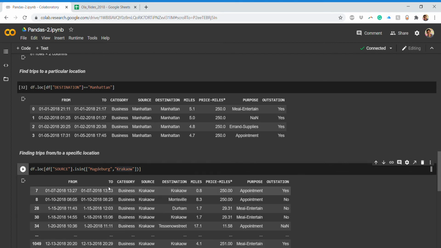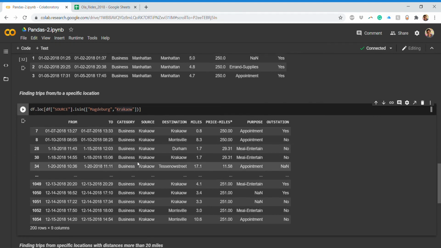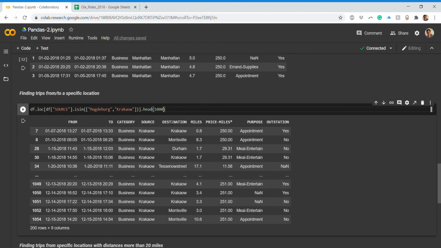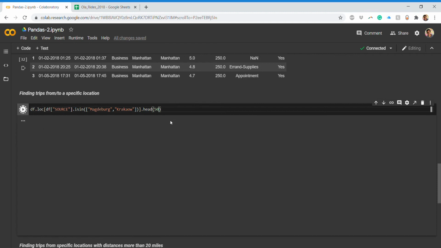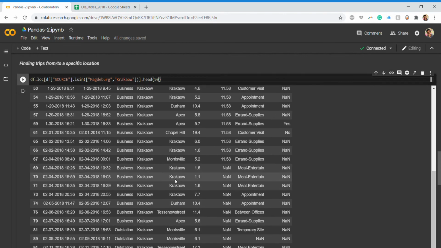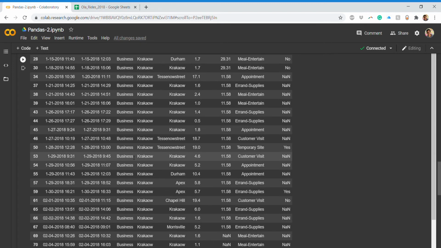If I run this, I'll get all the data where the source is from Krakow, and somewhere below you have destination as Magdeburg. So if I do head of 1000, probably we'll get that view. Okay, 50. Somewhere in between we have this.